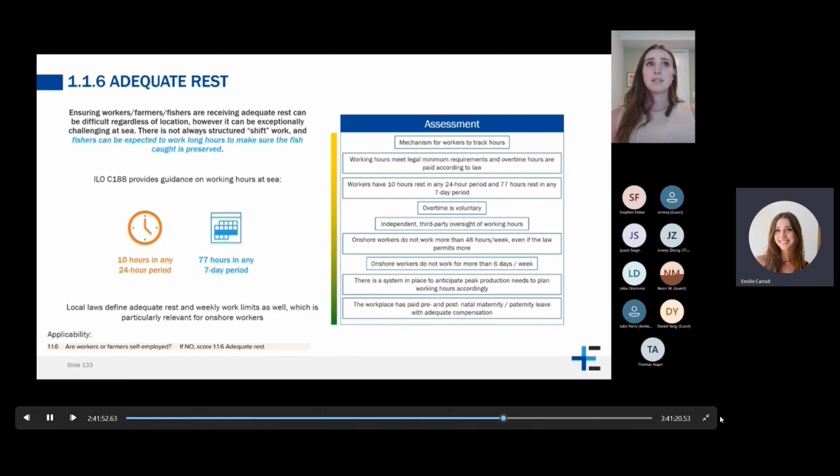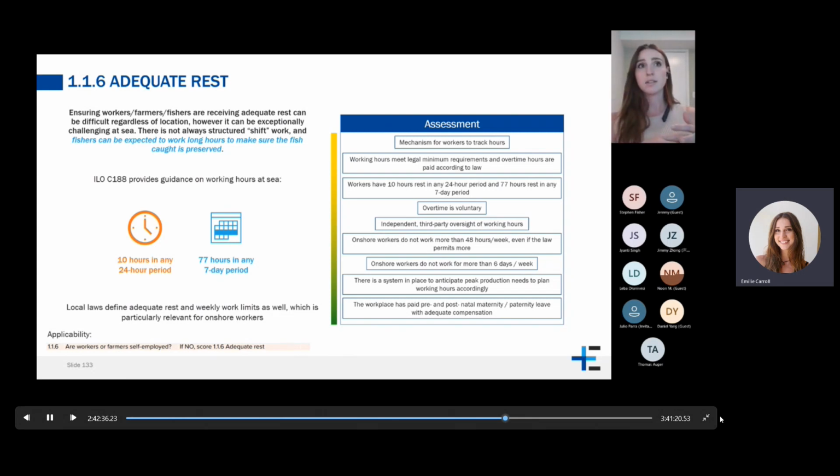So the ILO C-188, once again, is the convention related to work on vessels. This is the guidance that they have here. It's mostly focused on hours of rest rather than hours of work, which is the opposite of what it is for manufacturing. So it's 10 hours of rest in any 24-hour period. That's a 14-hour day roughly, but it could be split up throughout the day. So it's just 10 hours of rest total in a 24-hour period, and then 77 hours of rest in any 7-day period. So that's theoretically 11 hours a day. So within those two, it's about understanding how you can be creative with the shifts